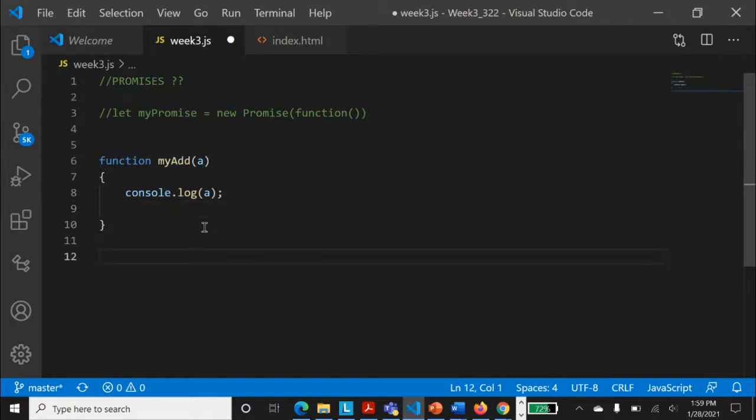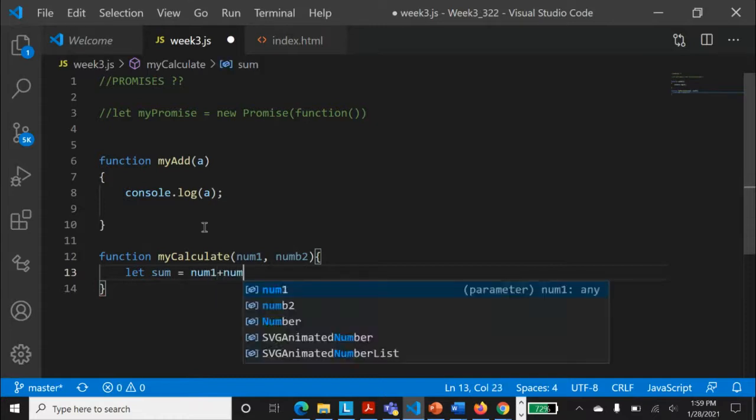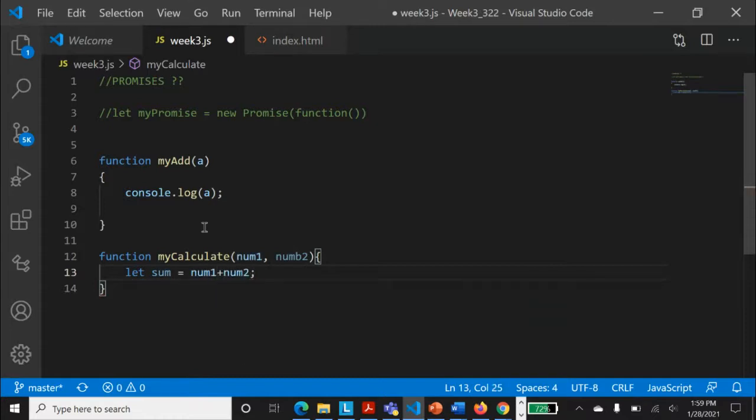This is my add function. Then I might have another function, my calculate, which accepts two numbers, num1 and num2, and here I do let sum equal num1 plus num2. Simple addition.